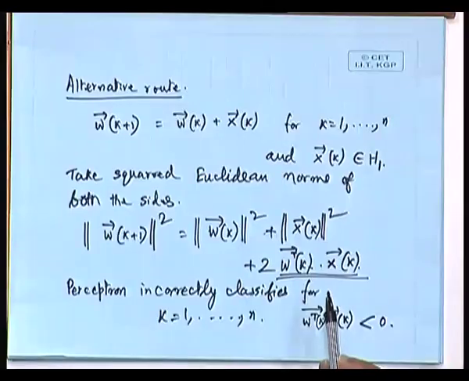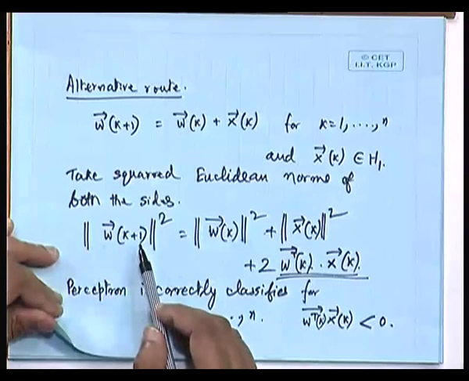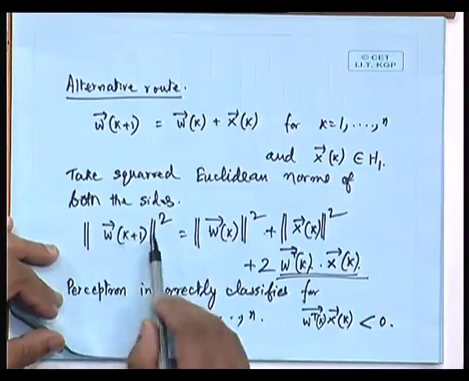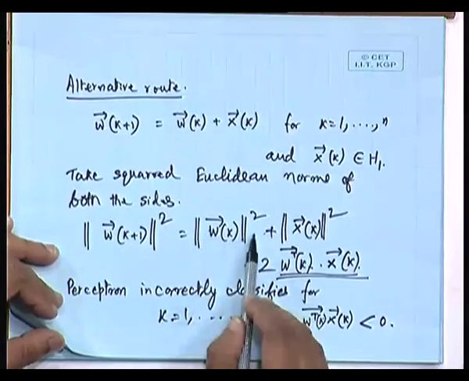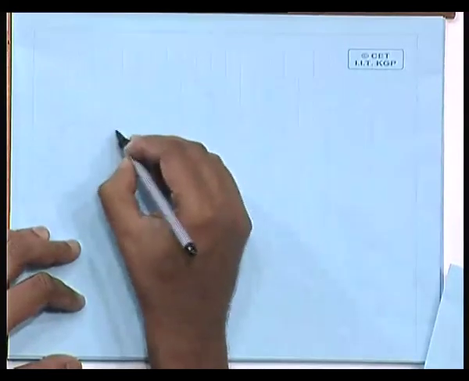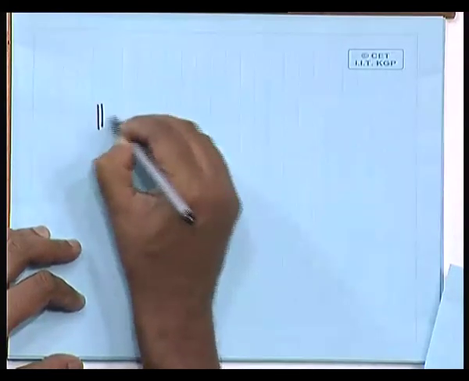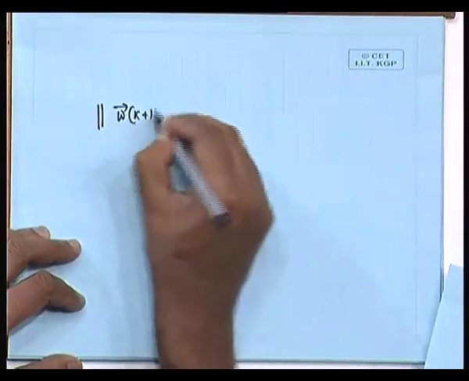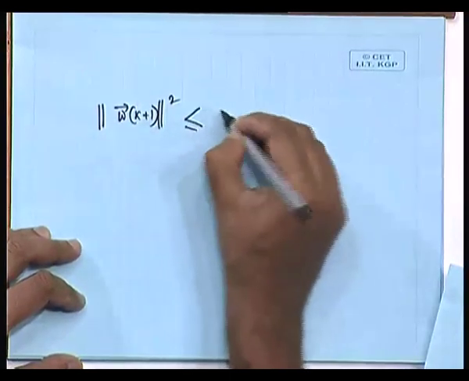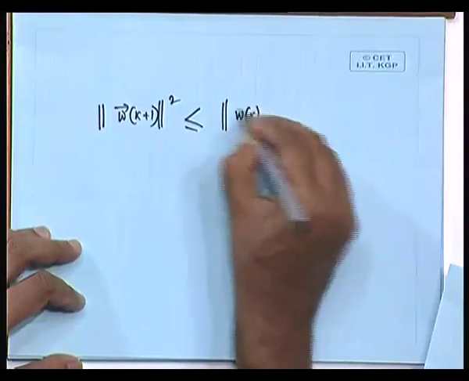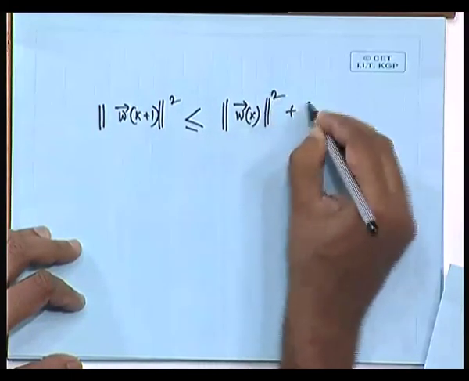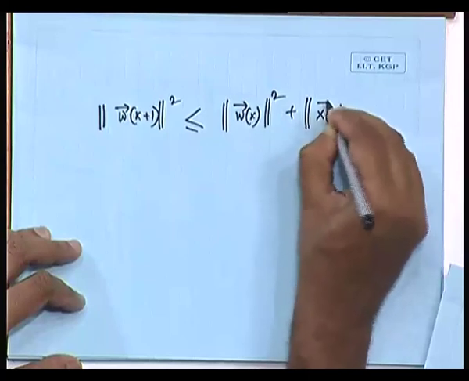Smaller than that, definitely, because Wk xk is less than 0, that is why it is subtracting from what I have got as Wk xk. So, definitely Wk plus 1 norm square should be less than or equal to this square plus this square. Because misclassification has happened, we can definitely write that Wk plus 1 square is less than or equal to Wk square plus xk square,